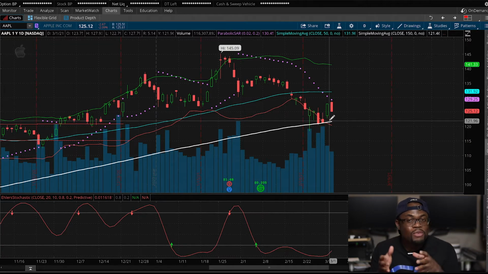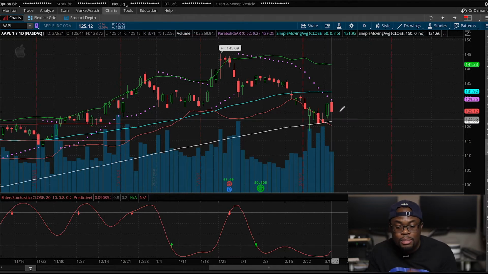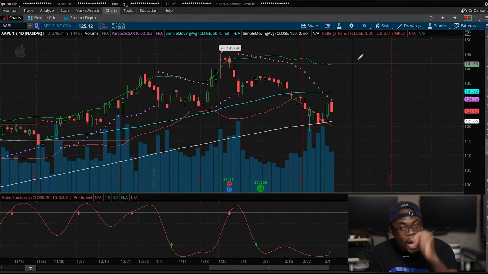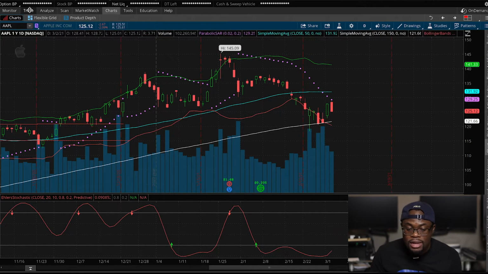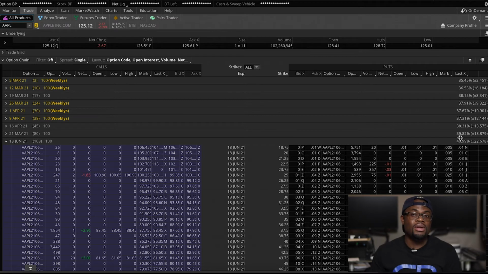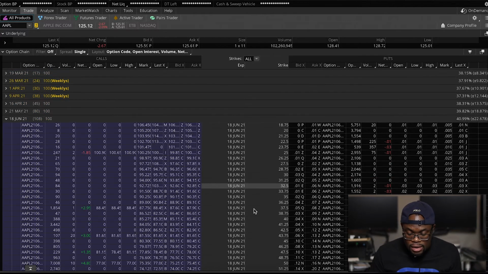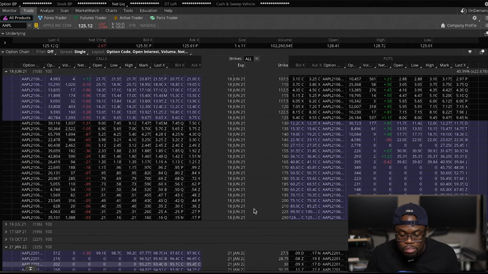So the probability for Apple to go lower by 22 points is much less than the probability of Apple reversing and going up 22 points. This probability is much greater than that one. So when I look at this and think about June 2021, I do think it's going to go higher rather than lower, because it's already at the bottom. Now we already found the expiration date. We already know how many points it takes to get there. And we already know the strike price because we picked 145. And when you come down here, bam,